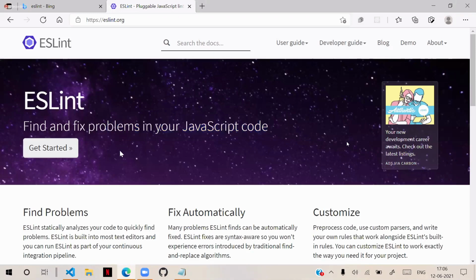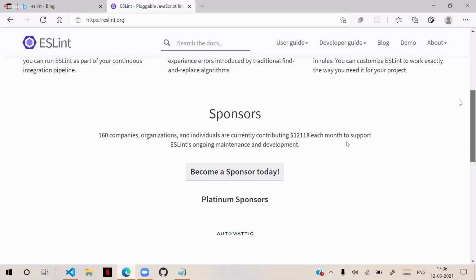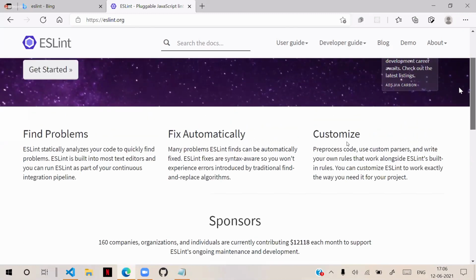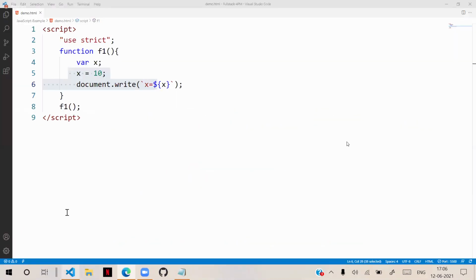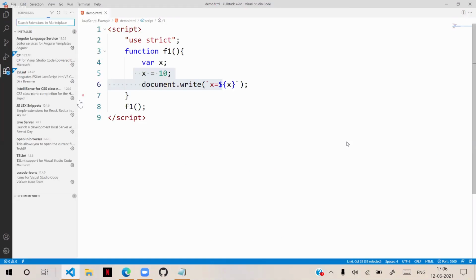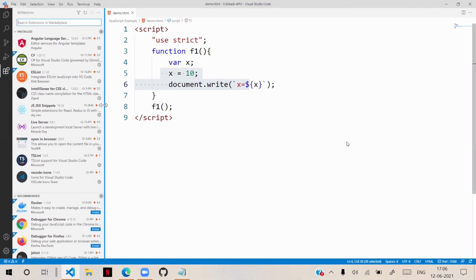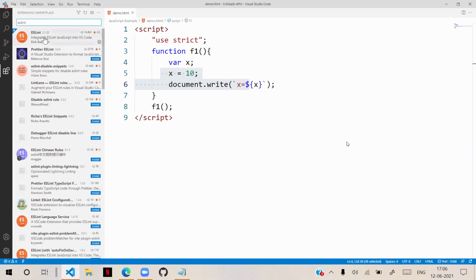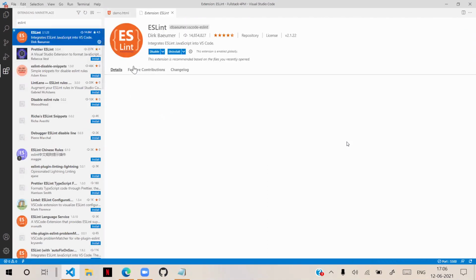You can use this in Visual Studio Code also. Go to the extensions of Visual Studio Code. In extensions you already installed Live Server, icons and all. Here you can search for ESLint. You can see this is ESLint.